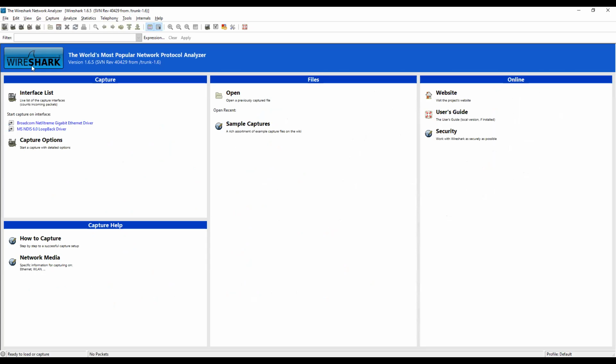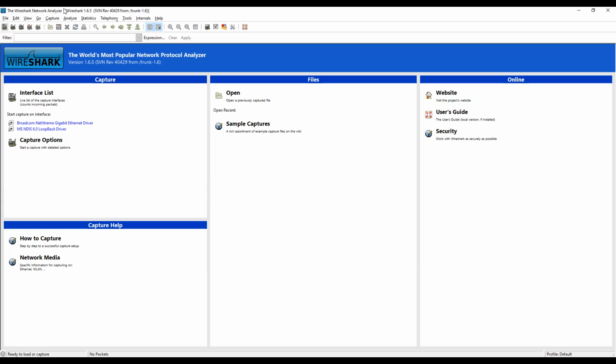You need to install it, just double click. It has two versions, 64-bit and 32-bit, depending on which OS you have, and you need to install respectively. Once installed, search for Wireshark and double click it. We have just turned on Wireshark.